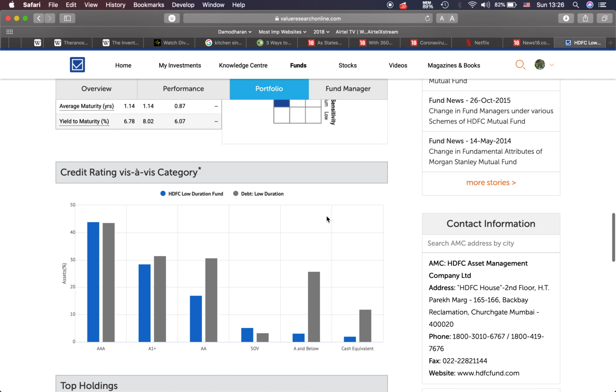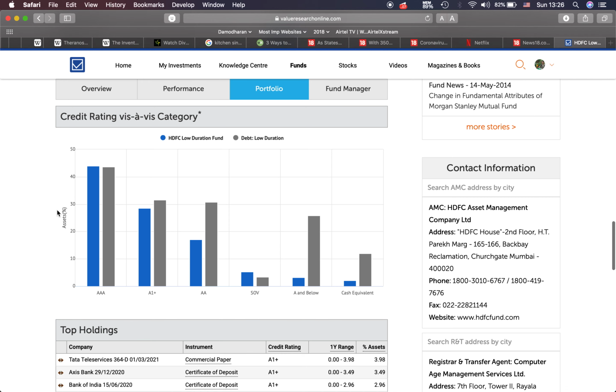Now if we come down over here, we have a bar chart which exactly shows which papers are there. The blue line represents this current fund and the gray bars are the average for any low duration debt fund.